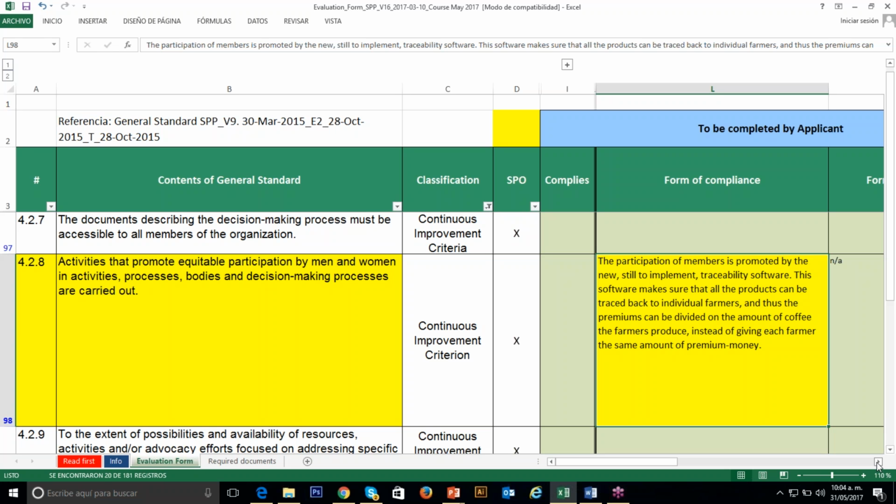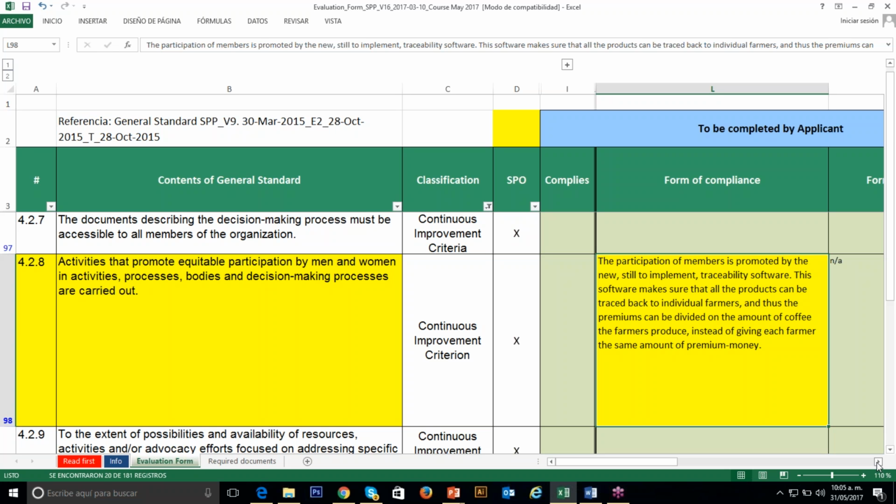Yes, I think it answered the criteria. But I think that is just a part, because the criteria is more general. The criteria considers some other aspects. They say to promote equitable participation by men and women in activities, processes, bodies and decision-making processes. Bodies and decision-making processes means, for example, that in the General Assembly,